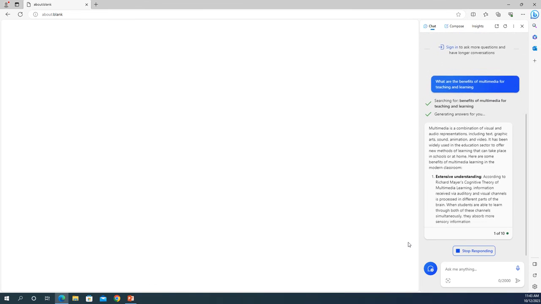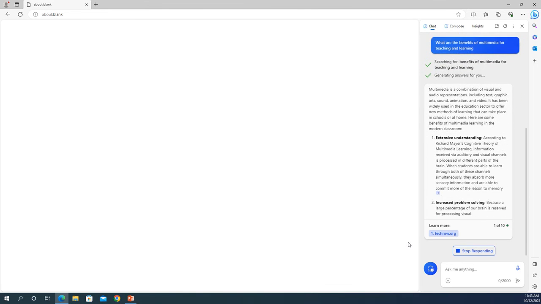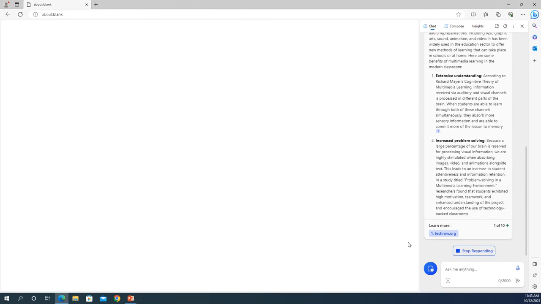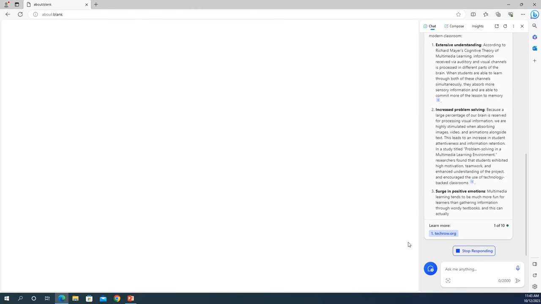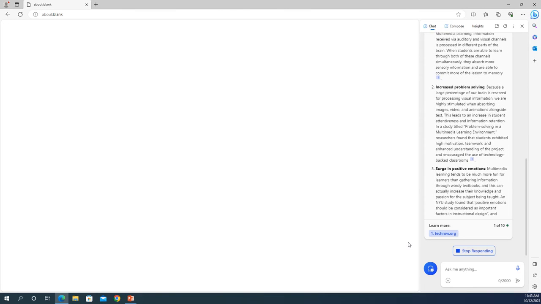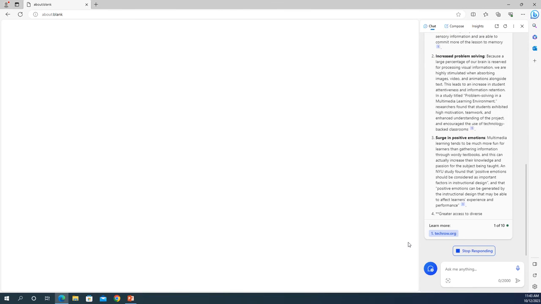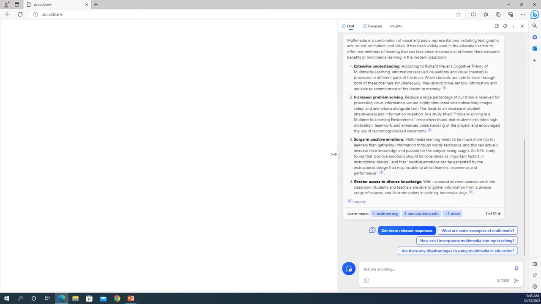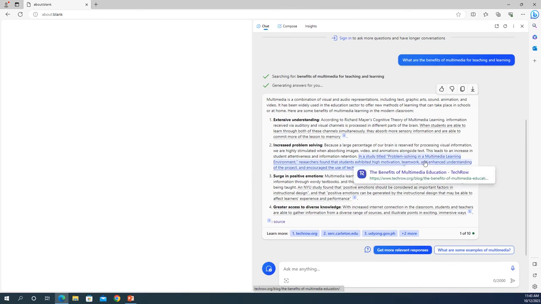So again, powered by GPT-4, part of the response is going to include summaries that are generated from ChatGPT's language model. And so while this is happening, let me see if I can make this easier to read.